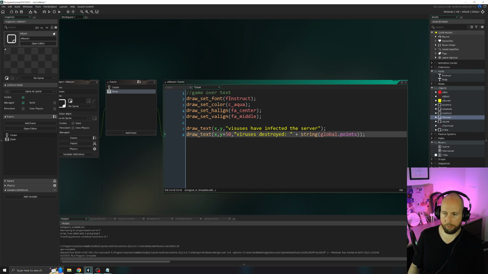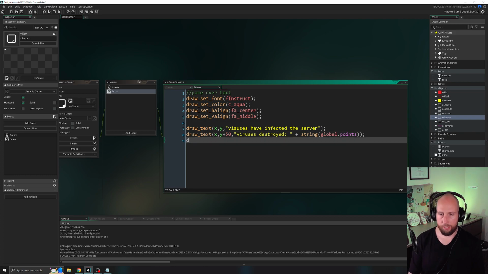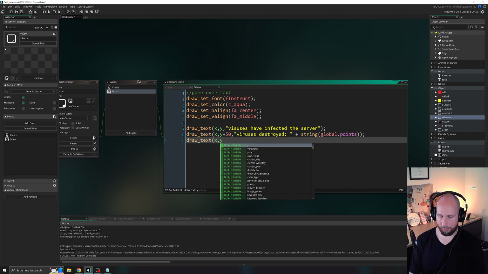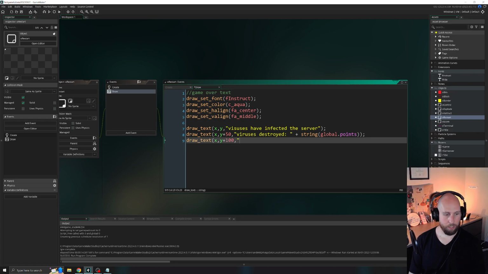So you could write "viruses destroyed" plus, then open another one, "more", plus, whatever. But here, what we want to add with a plus there is our points as part of the string. Then lastly, draw_text(x, y + 100,